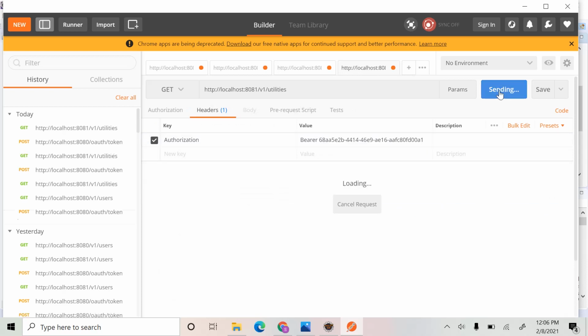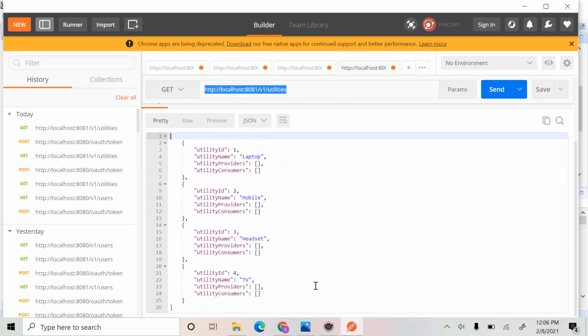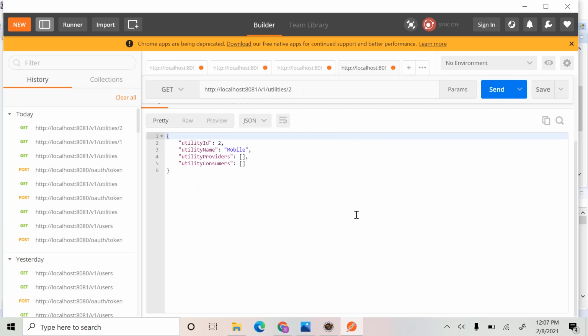Let's send the request and see whether we get that. Now we are able to get the resources from the resource server. We get the list of utilities. We can also see the other endpoints too. So now we are able to get the resources from the resource server by verifying the access token with the